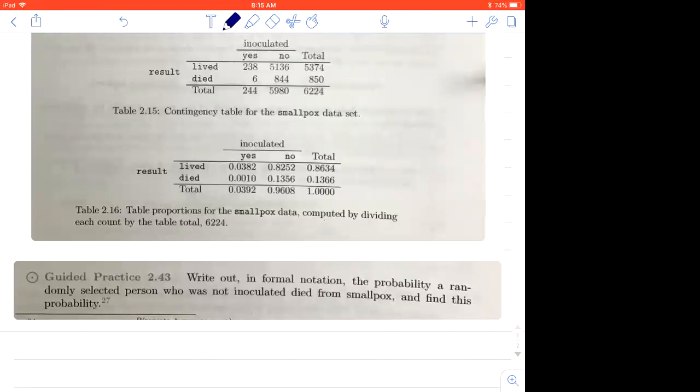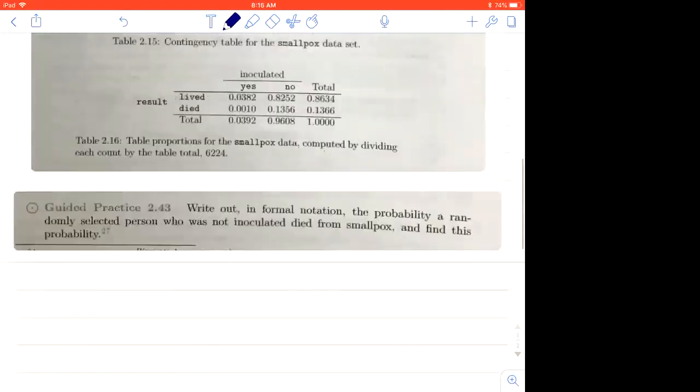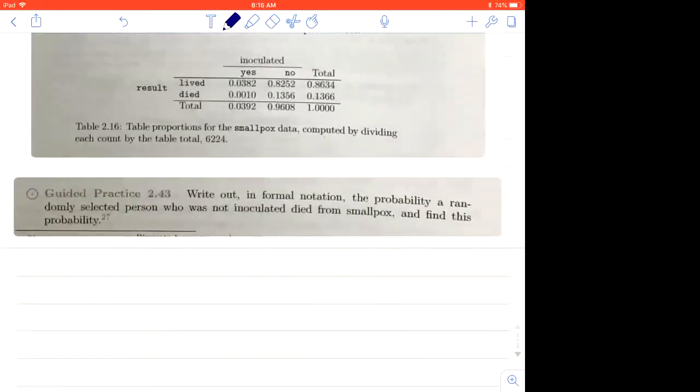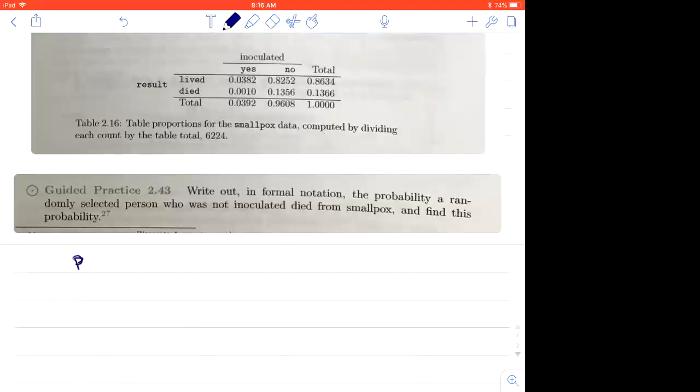The probability a randomly selected person who is not inoculated died from smallpox, and find this probability. So we have lots of probabilities here. And so what we want to find is